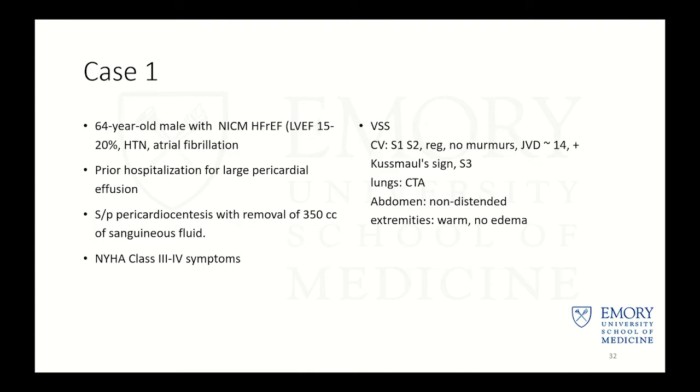Okay, so I have a few cases that we'll go through. First one is a 64-year-old patient with non-ischemic cardiomyopathy with EF of 20%, a history of AFib and hypertension. He had a prior hospitalization for large pericardial effusion that was tapped, sent for analysis, was non-malignant. He presents to our cath lab for right heart cath, referred by his cardiologist to assess the cardiac output, cardiac index, and thinking that the right heart cath